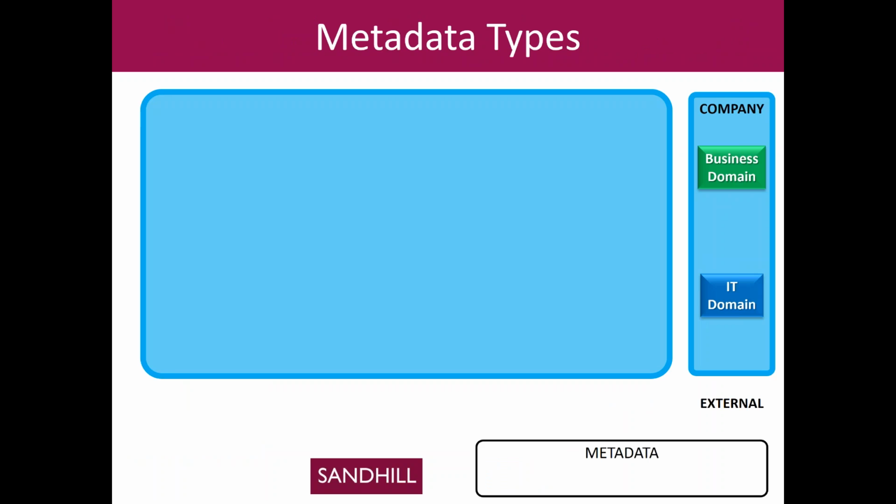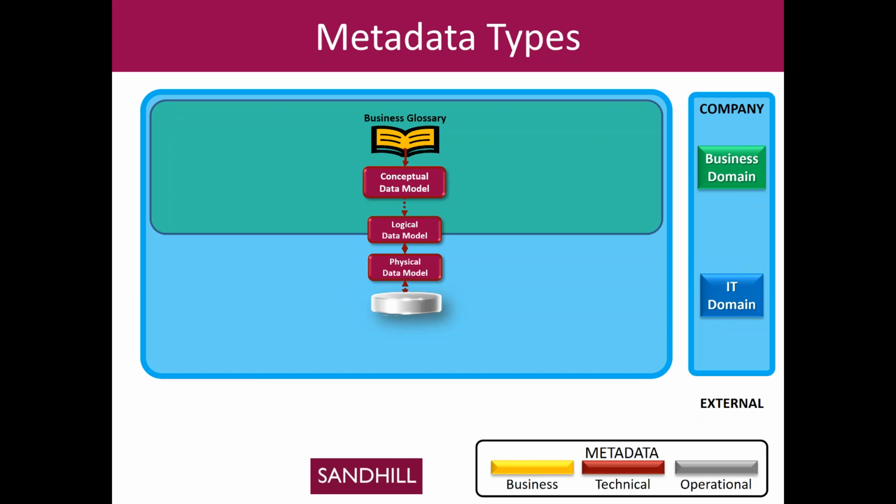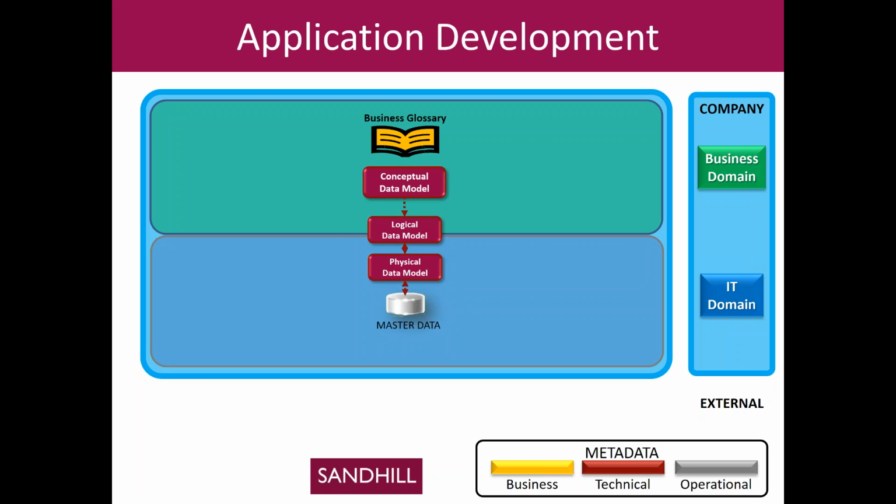So to do that, we've created this whole notion of a data management ecosystem that takes into account the business and the technical domains. And it really starts off from a top-down perspective with the business glossary. You see down at the bottom there, it's really business metadata that we're talking about. Now we start to add the technical metadata with the modeling tools, as we saw, with the conceptual, logical, and physical models, and it results in operational metadata, which is in the databases. But we want to extend that a little further now to be that lingua franca between the business domain and the IT domain. And in point of fact, we want to make it about application development.